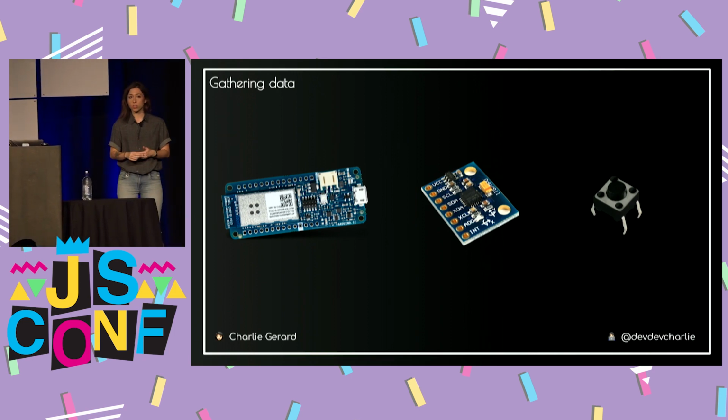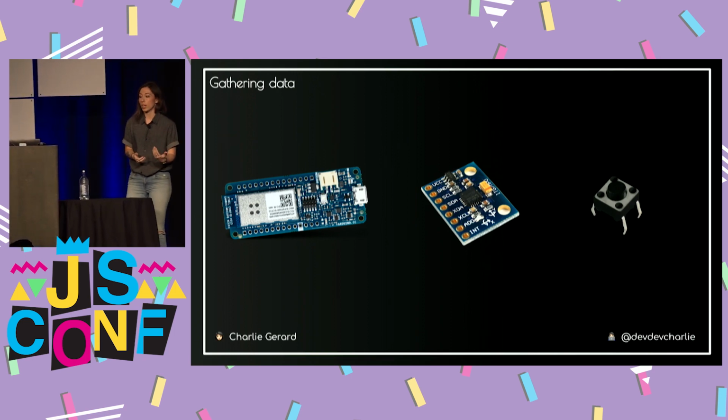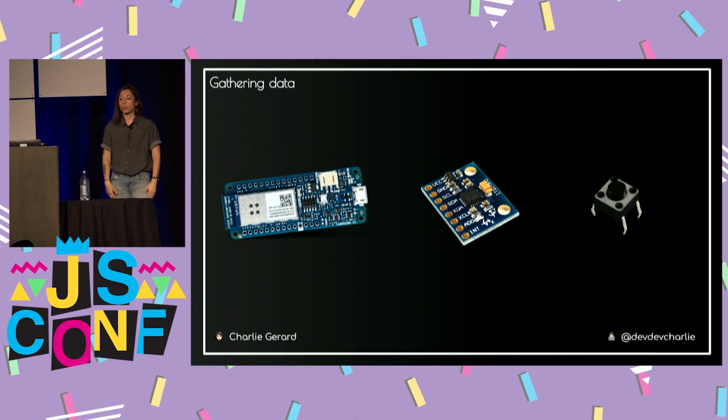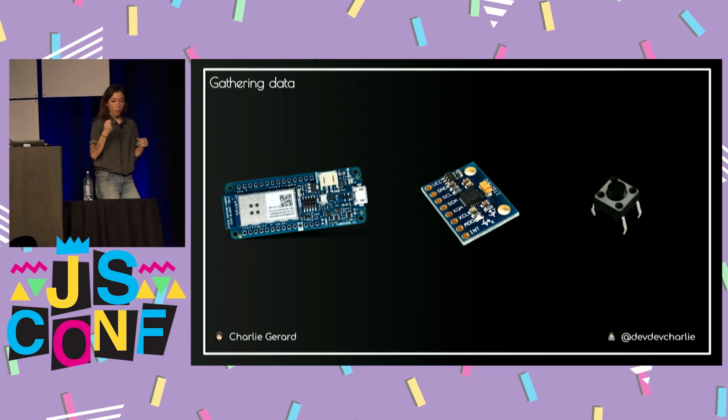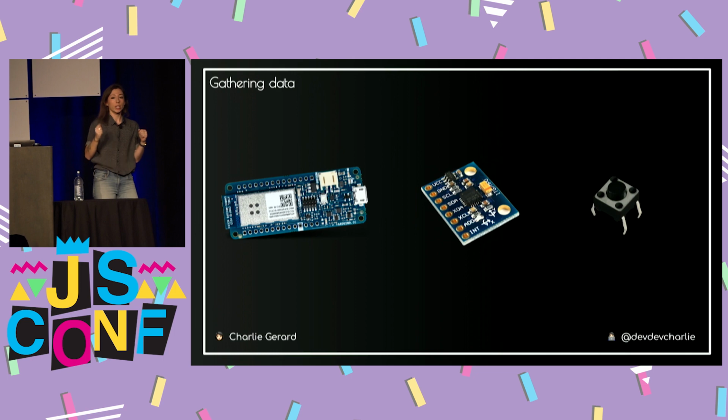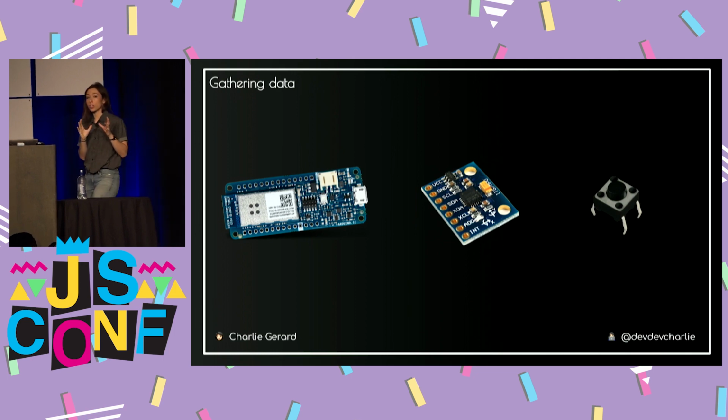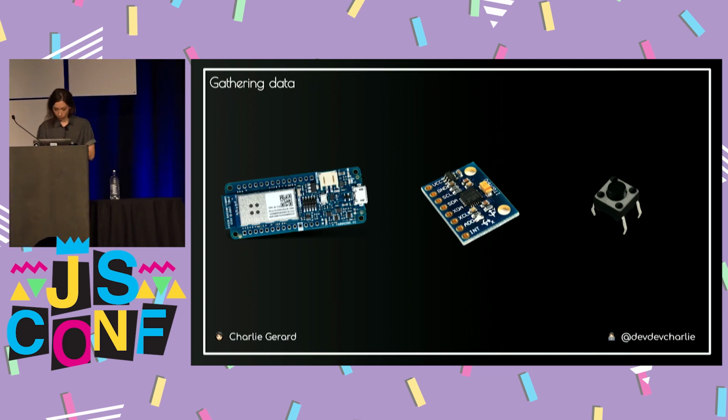And I added a button because I want to track the data only when I am doing a gesture. You don't have to do that, but as a first prototype, it was easier to only get the data from my gesture, so I can train the algorithm to only find patterns in the data when I'm holding the button. So when I hold the button, I do the gesture, and when I release it, I only take into consideration the data coming from the sensor. So this is for the hardware.